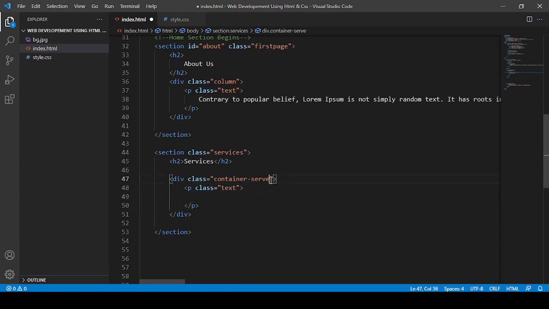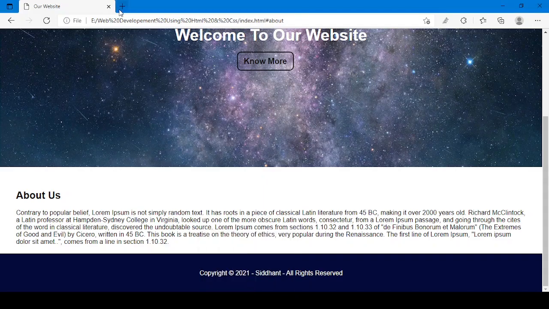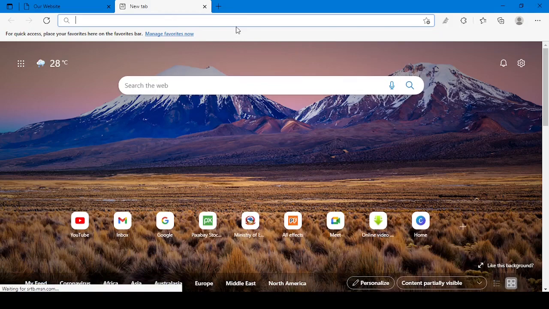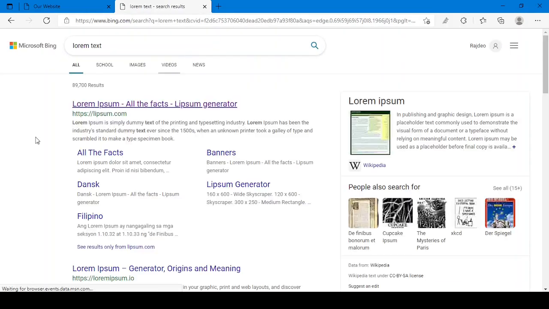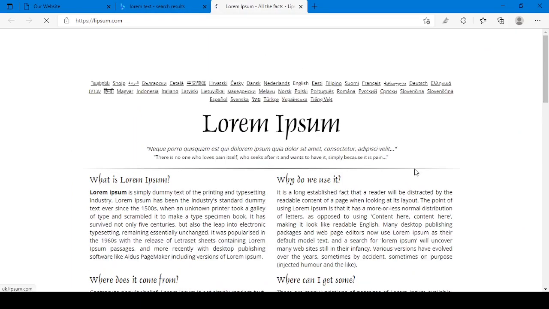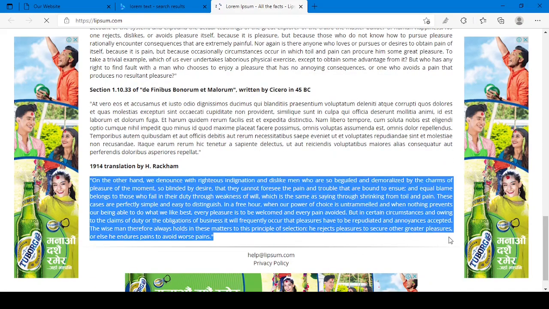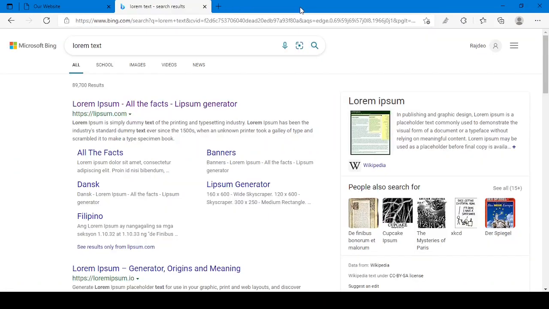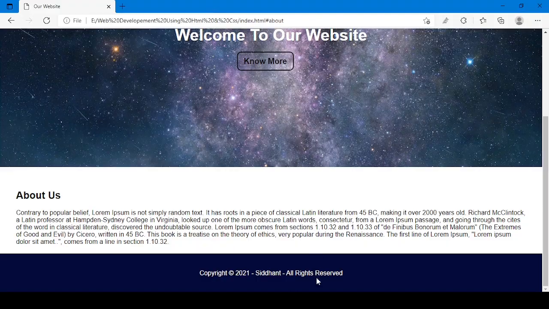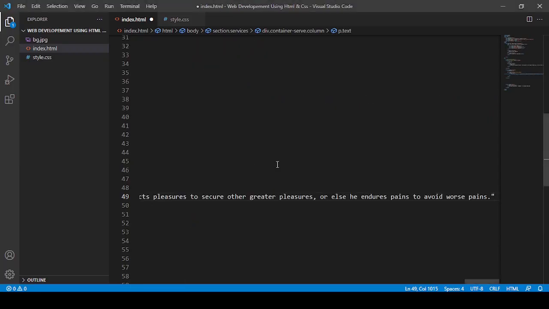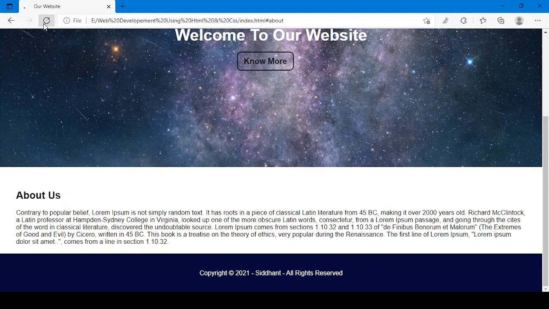And here first of all I'm going to also say column, and in dash you can add your text. So to get spare text, something not useful, you can type lorem text. You can also generate your own lorem text, but for the moment I'm going to just use a website's lorem text. You can copy something like this and just paste it on your website, and let me save it and see the result.